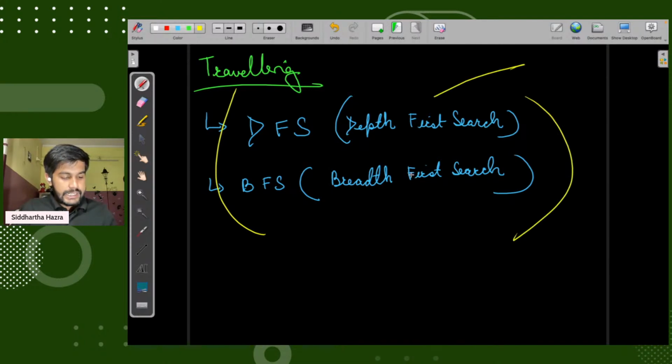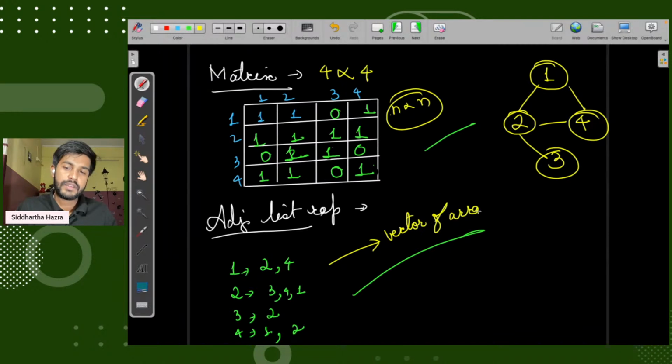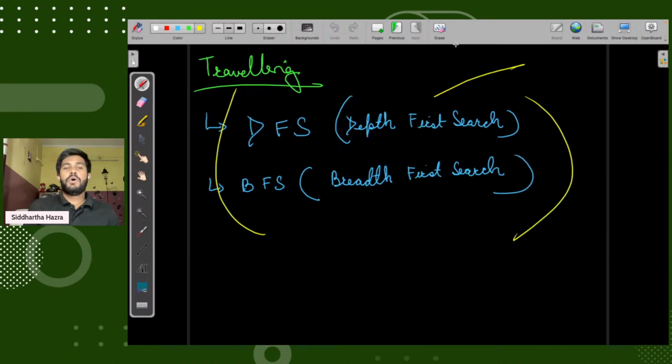Data structure to store the graph: this is a simple n by n matrix, and if you are working with C++, this is vector of arrays, and array list also. So these are the ways of traversing the graph.